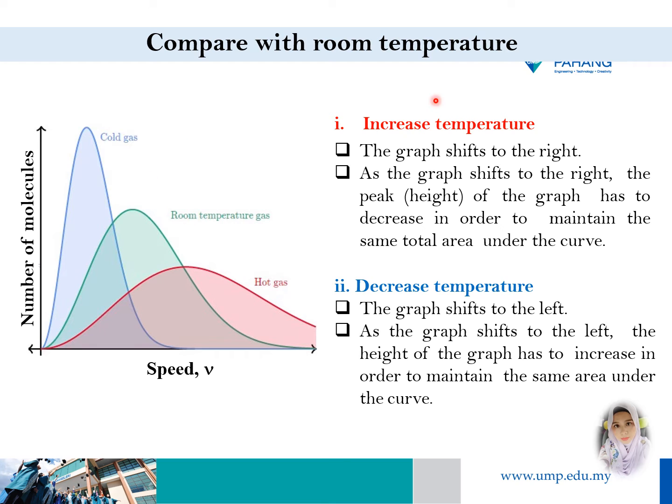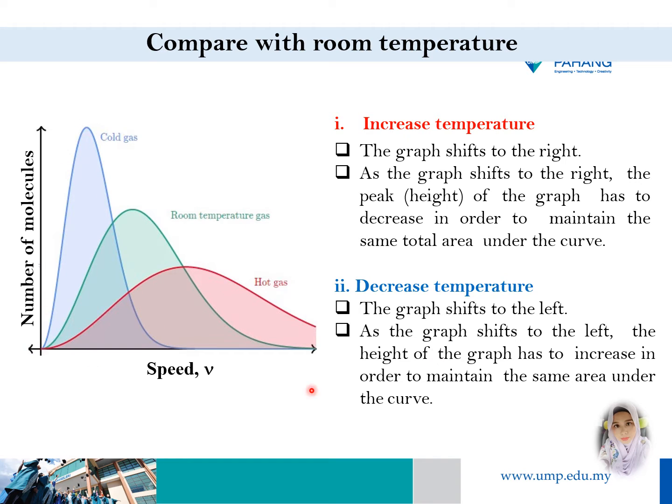If we heat the gas to a higher temperature, the peak of the graph will shift to the right, since the average molecular speed will increase. As the graph shifts to the right, the height of the graph has to decrease in order to maintain the same area under the curve. Similarly, as the gas is cooled to a lower temperature, the peak of the graph will